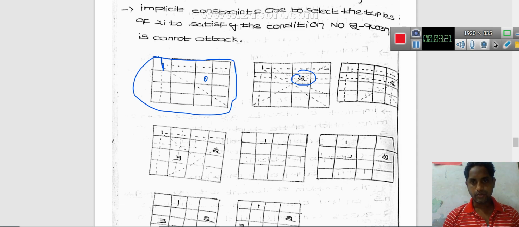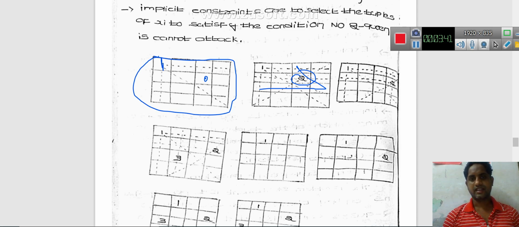And here, if there is no place to assign the third queen in its row and column, whenever there is no place on the third row, in that way we can change the second queen to another place.